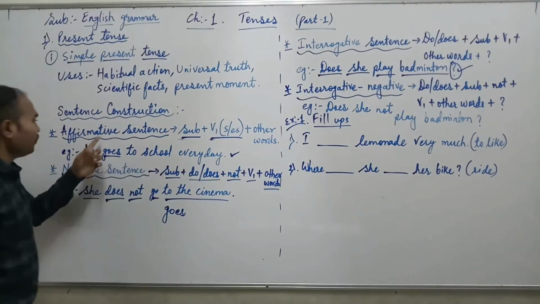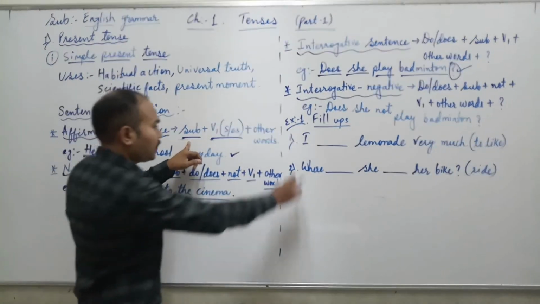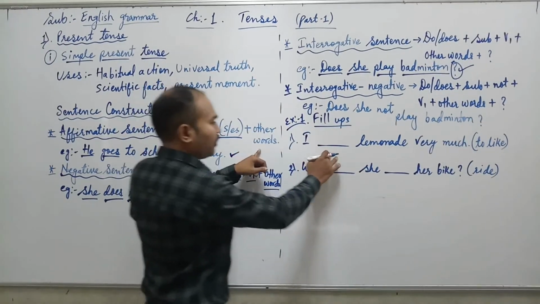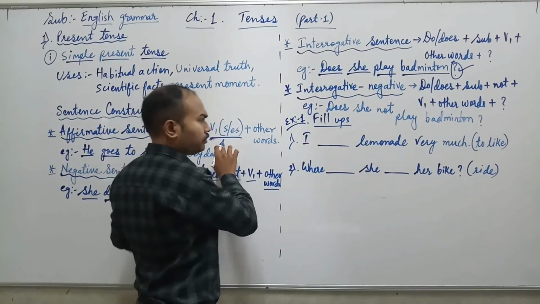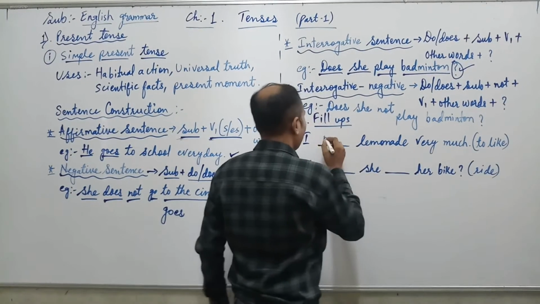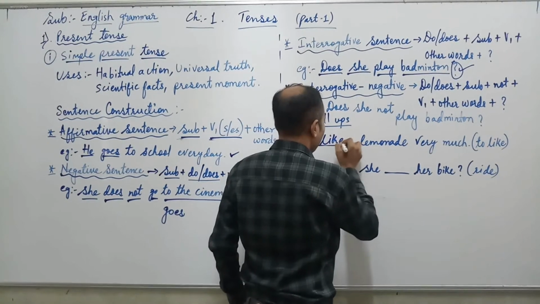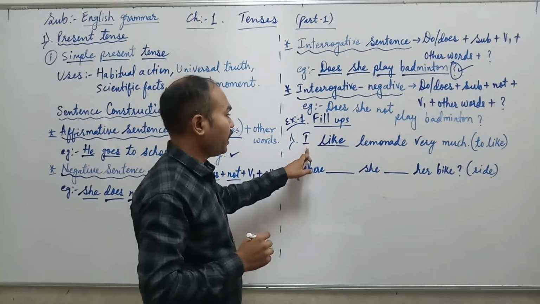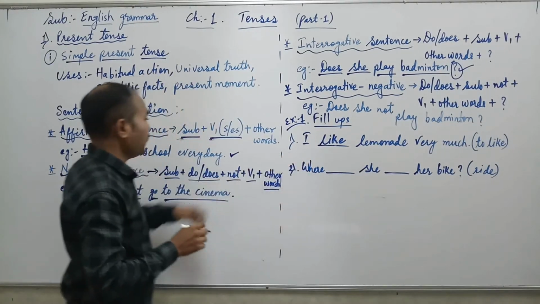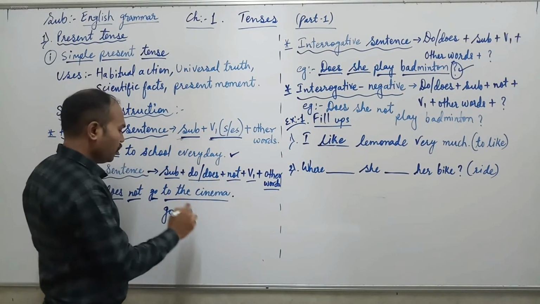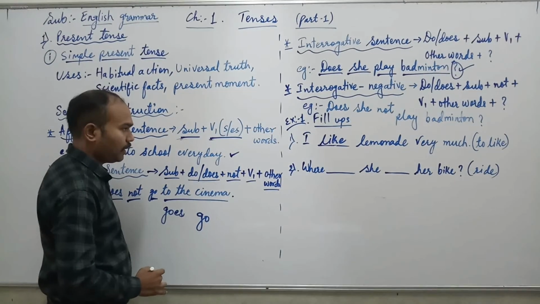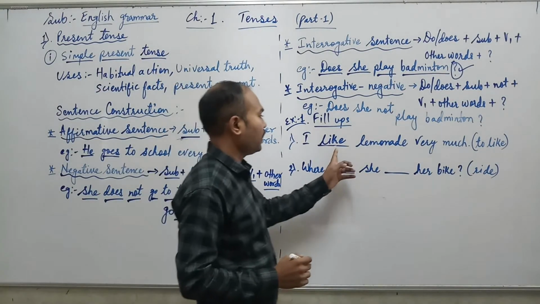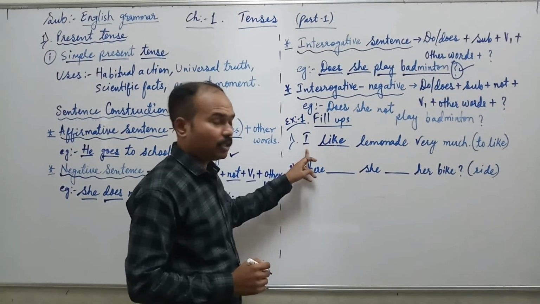So to make a positive sentence we have to use this format. First comes the subject, which is given, then comes the main verb, and then the other words are already given. Only you have to write down the main verb. So with I we will write: I like lemonade very much. Why? Because I is a plural subject here. So as I told you before, when the subject is plural we write only the first form of the verb, okay? And when the subject is singular, we have to add s or es. So here we write only like because the subject is plural.